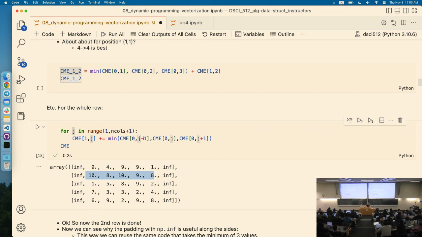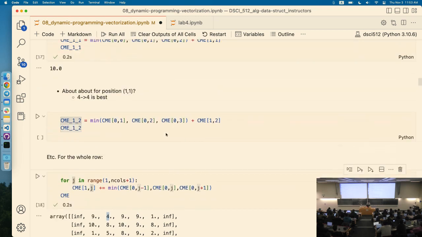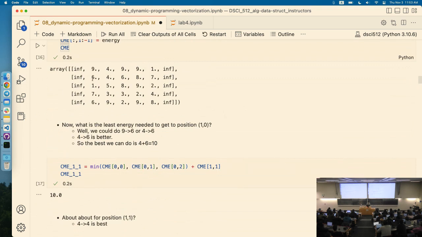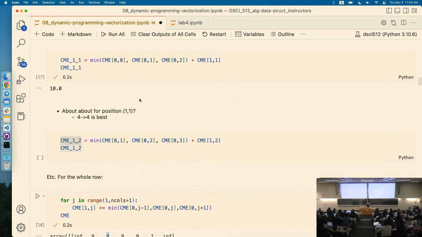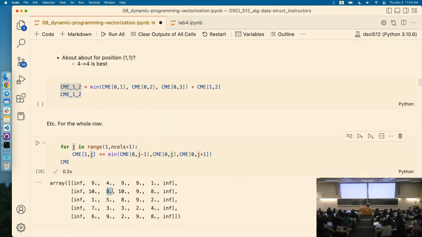For example, for this 4, I have looked at all these paths, and I have computed in the original image. So I have looked at 4 and 6, 4 and 4, 4 and 6. So in this case, 4 and 4 would be the minimum value, and you can see that the result is 8 here. So this is where I progressively compute those minimum values and update the matrix right there,